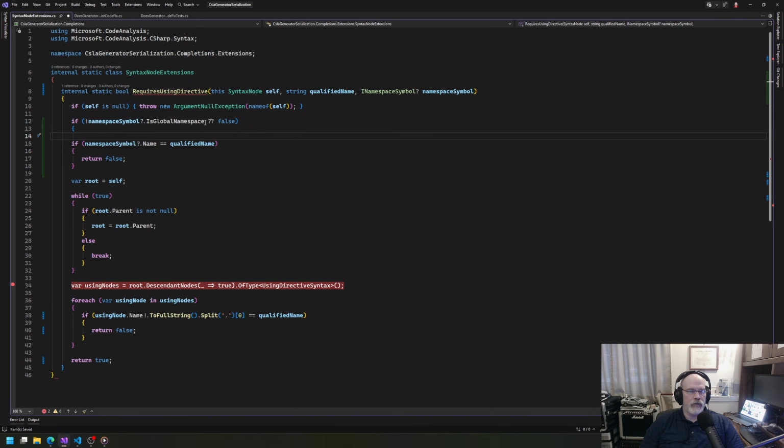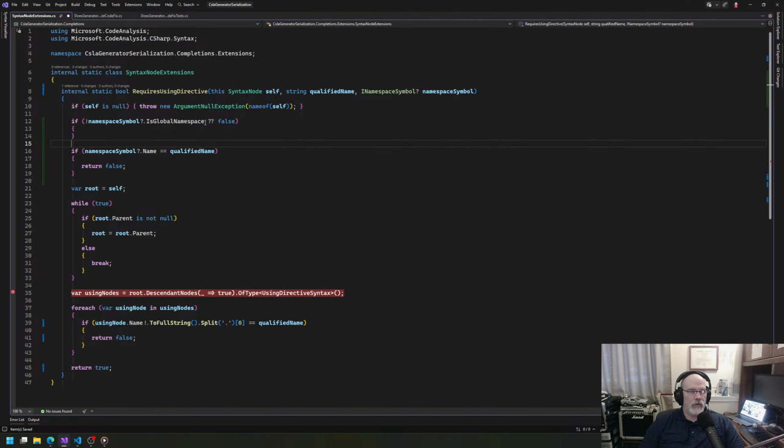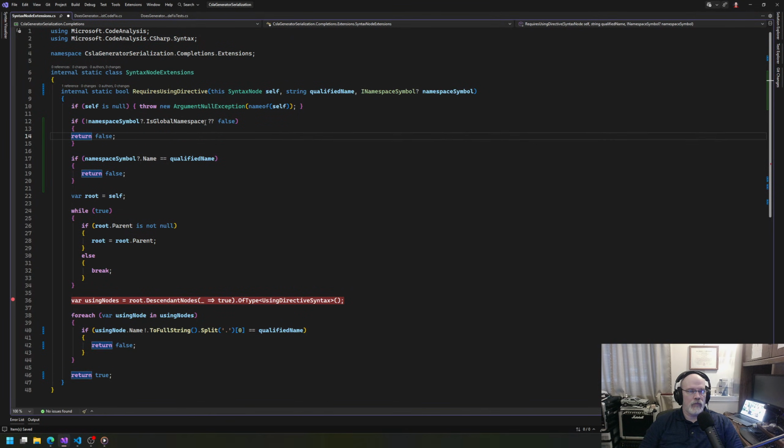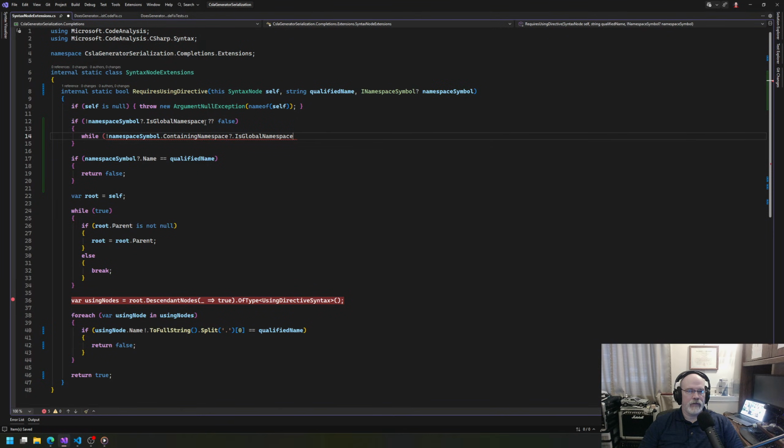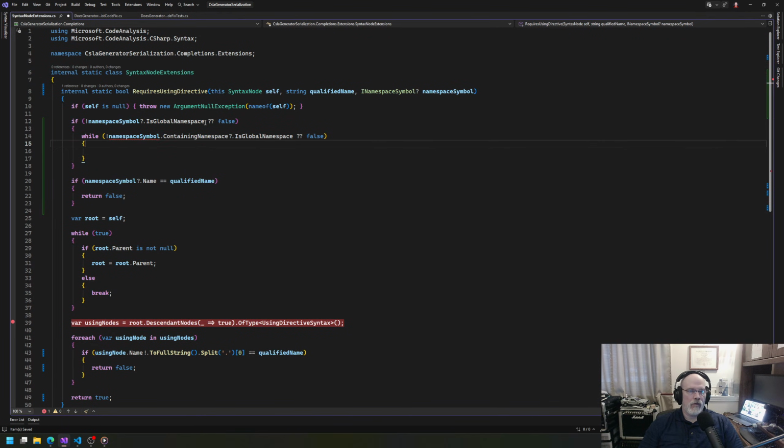Now what we want to do is while namespace symbol containing namespace is global. While it's not that, oh, you didn't pick up that we do the change there. Namespace symbol is equal to